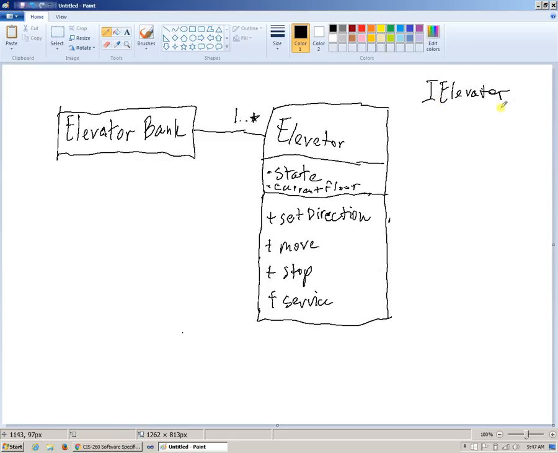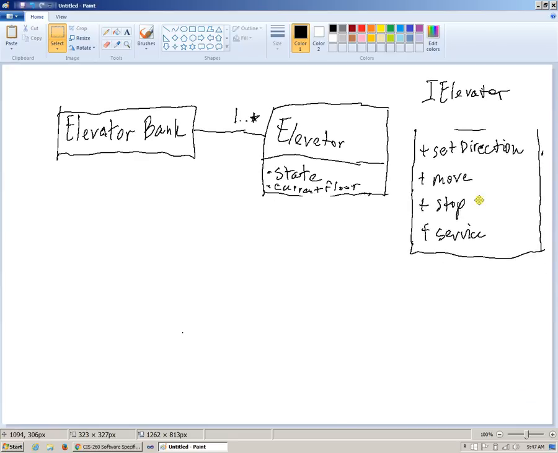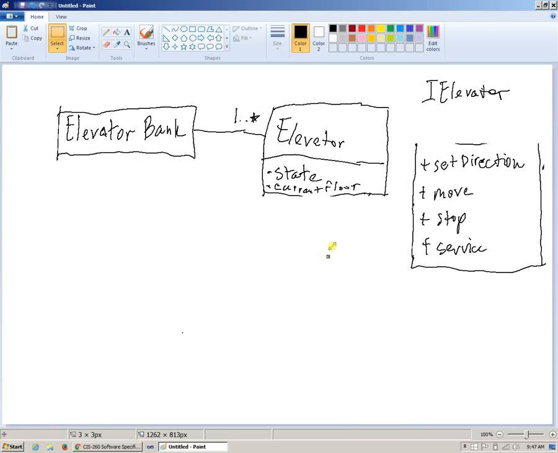When I have this iElevator, which is an interface, I can simply take, right? I can take all of these methods right here, which I was thinking about, and make it part of the interface, right? Just move the operations into the interface, and then draw the interface like this. Of course, the interface has no data attributes, right? It only has abstract methods, and this is the interface. In fact, we can specifically say in our UML that this is an interface,